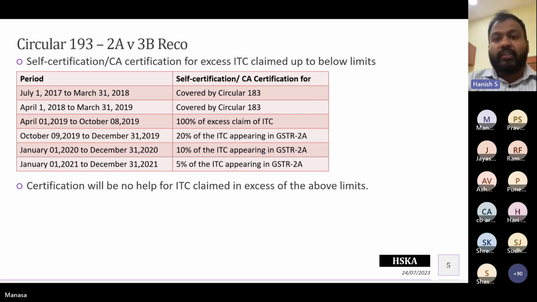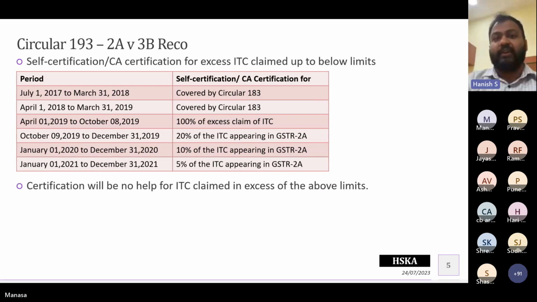Any credit more than GSTR 2A, if it is vendor wise less than 5 lakh rupees, you give a declaration that the vendor will give a declaration to you that he has paid the tax, but there is some error in his filing, so it is not appearing in your GSTR 2A. But if vendor wise the amount is more than 5 lakh rupees, ask your vendor to get a CA certificate